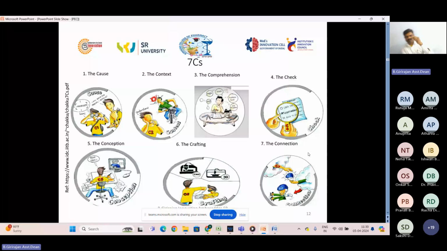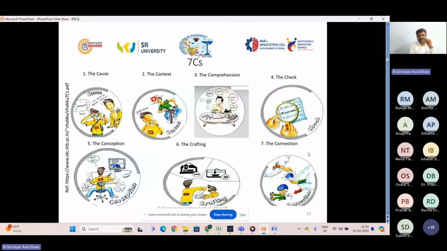You might have done this with many design thinking models. It is not mandatory that you have to follow this or the other models that I'm going to explain. You select any one of the models. It is up to your wish how it is suitable for your product design.